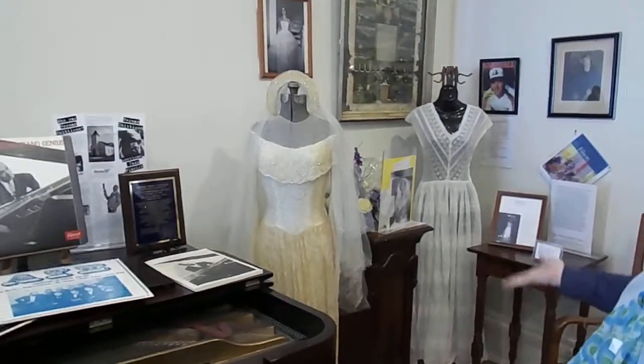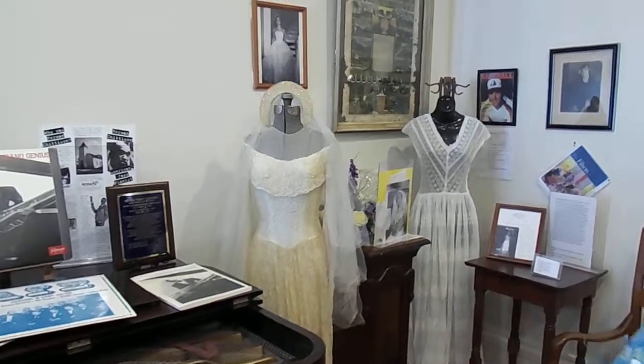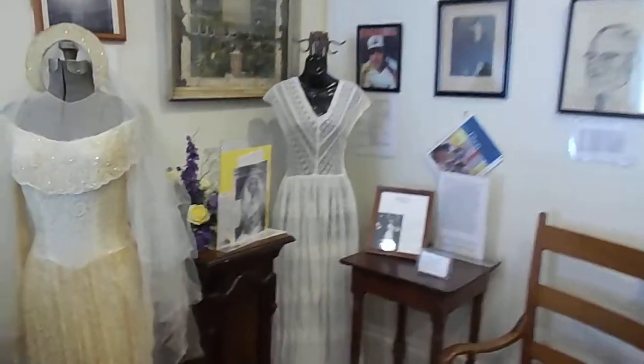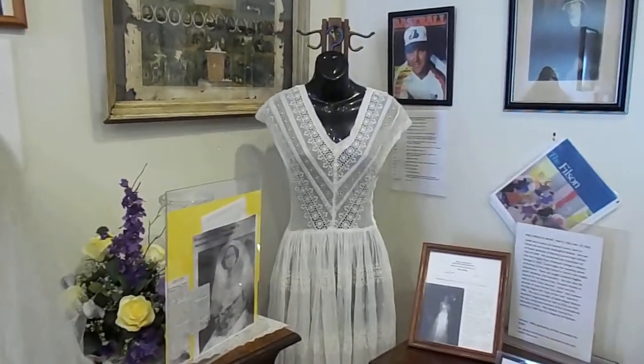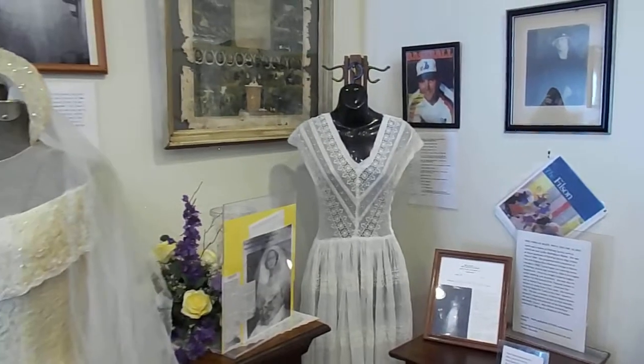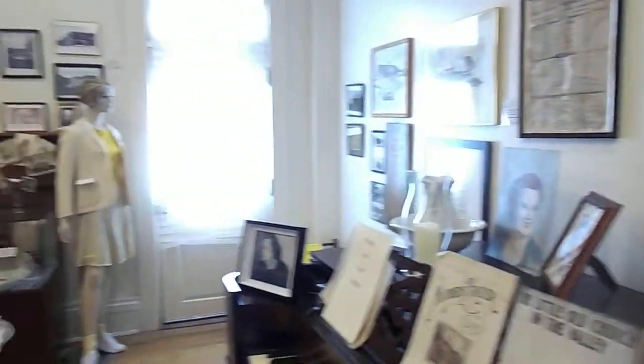This is a wedding dress that Gladys McCartney, who was well known here in the county, wore. This is a dress that Miss Linda McKee, who was a longtime educator at the high school, wore when she was in college, that was her spring formal dress. We have other things like this little set